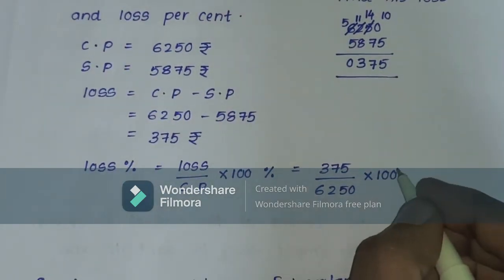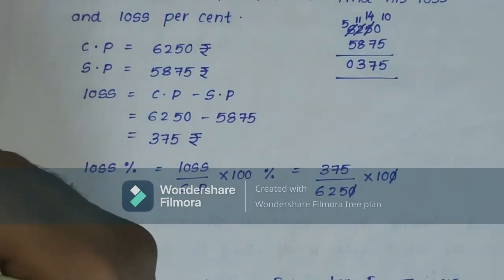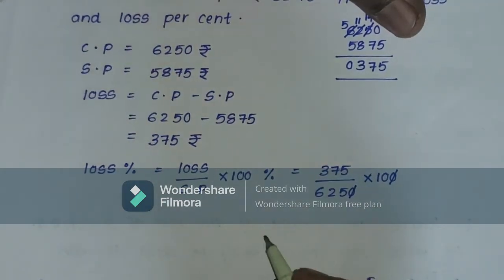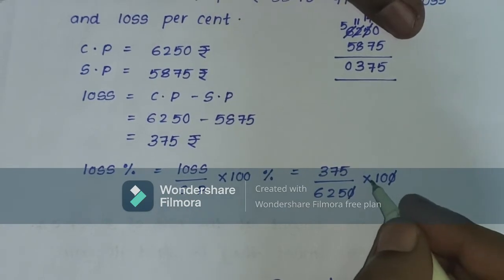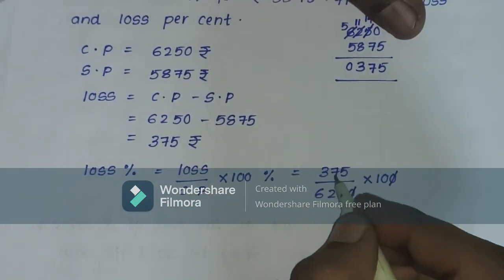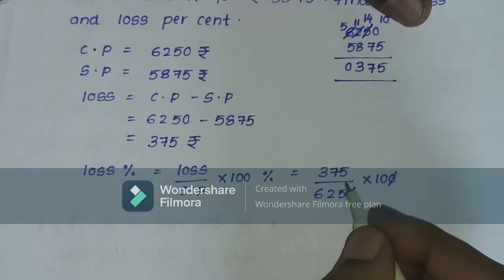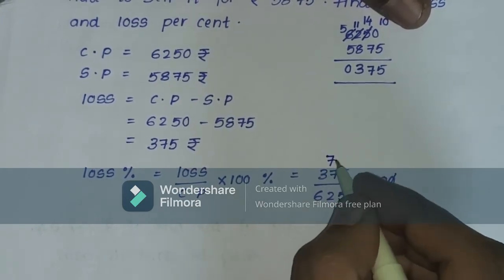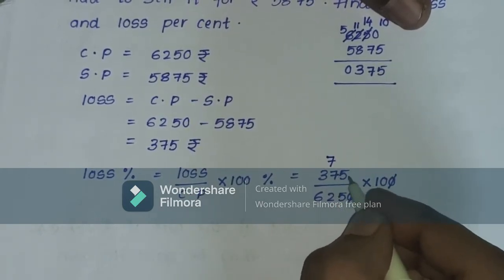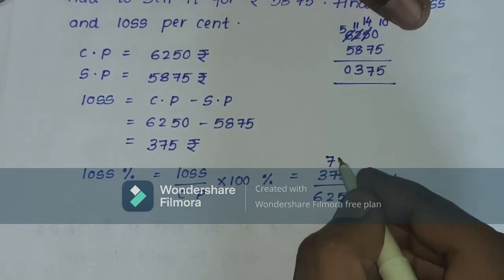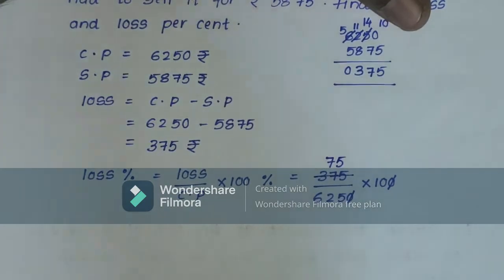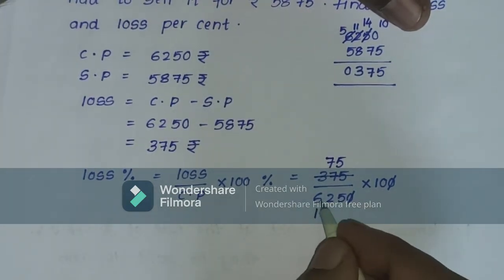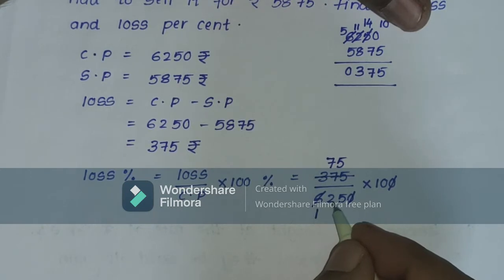So student, 0 cancel from the numerator, 0 cancel from the denominator at the same time. Now student, you know very well that both the numerator and denominator are divisible by 5 because the last digit is 5. Therefore, 5 7s are 35, but 2 is pending, so that means 25. This gets cancelled. Same thing here. 5 goes one time in 6, but 1 is pending, so the next number will be 12. So 5 2s are 10, but 2 is pending, that's why it will become 25. So 5 5s are 25.